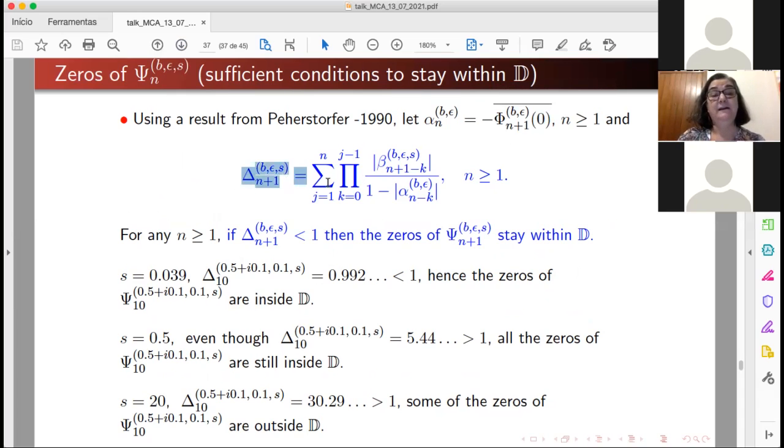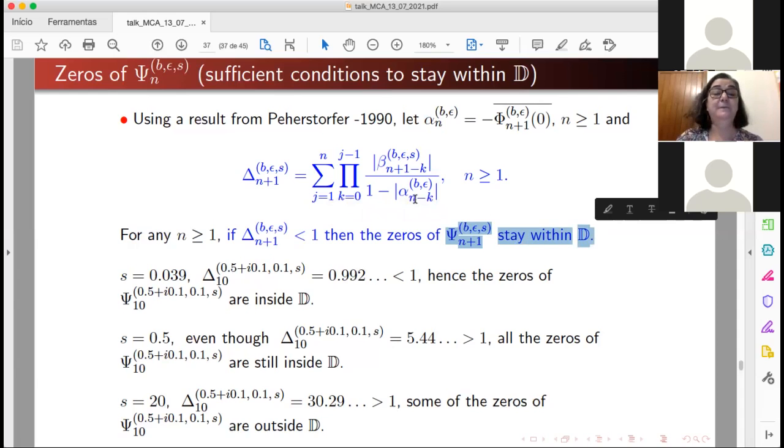So we construct this quantity, delta n plus 1 here,